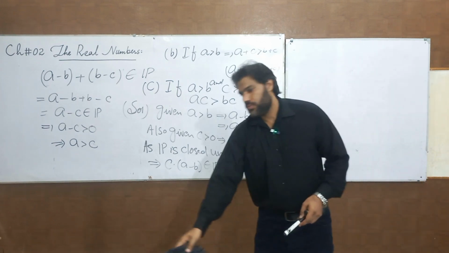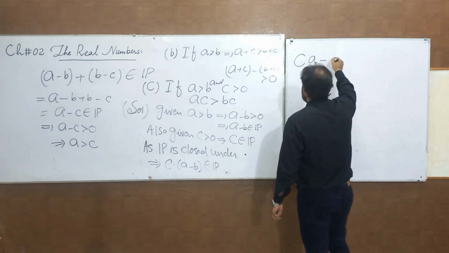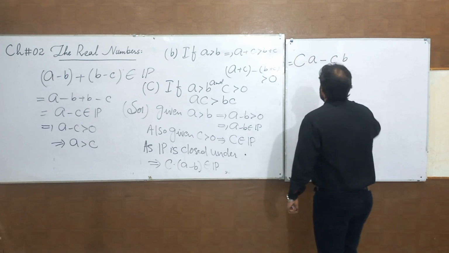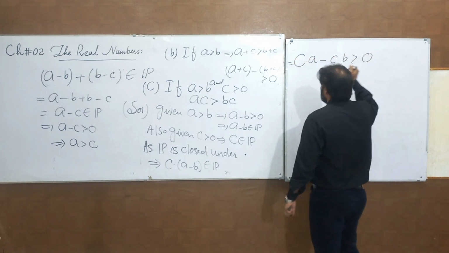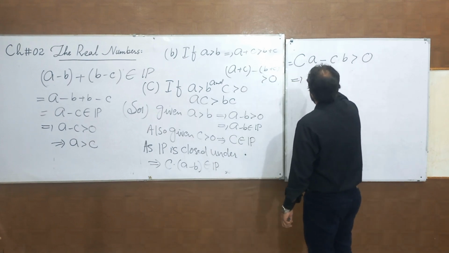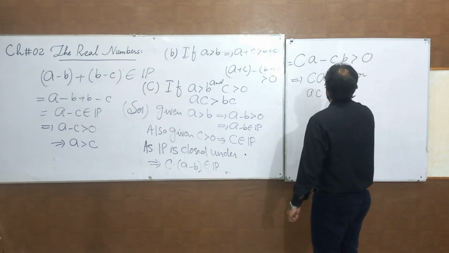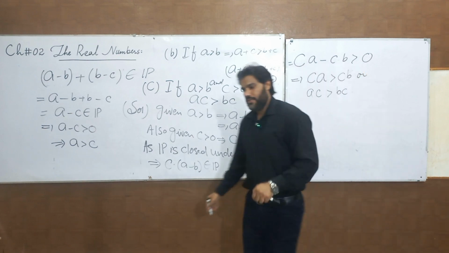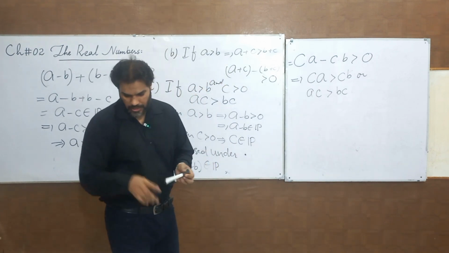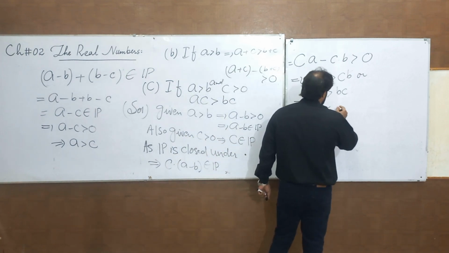This product is simply equal to C into A minus C into B, which is greater than 0, because this product belongs to set P. Or in other words, we can say that CA is greater than CB, or AC is greater than BC. That is required. Similarly, the second part is the case when C is negative. If C is less than 0,